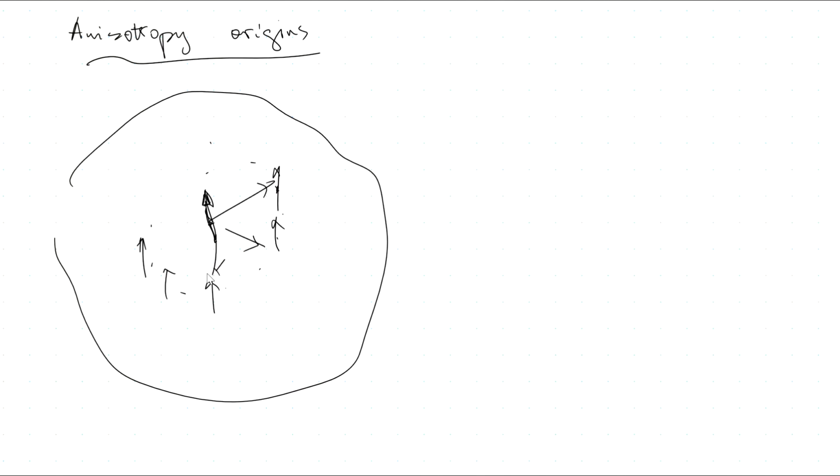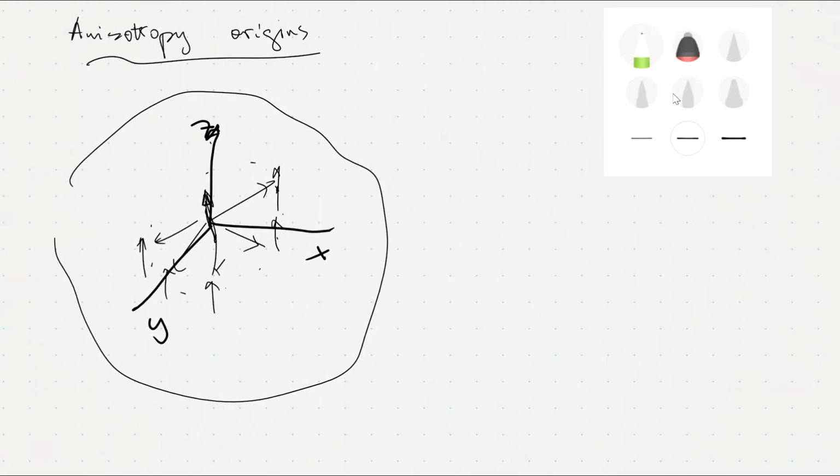In all directions there will be a magnetic moment. So if I introduce a coordinate system here, let's say that would be X, that would be Y, that would be Z, then the interaction energy,